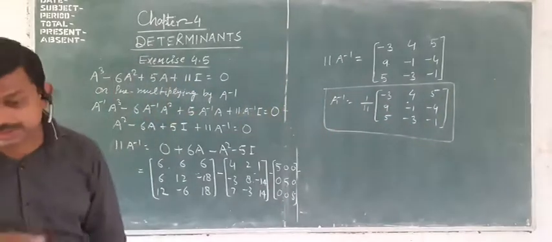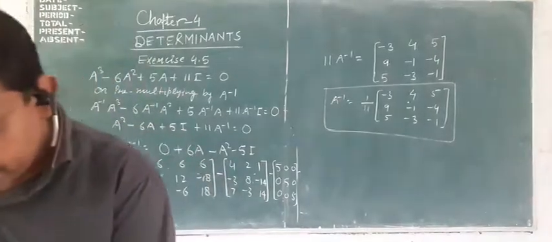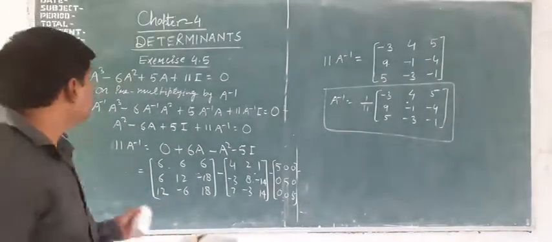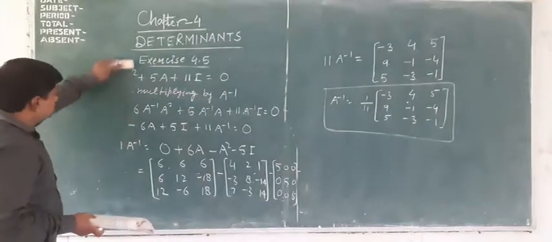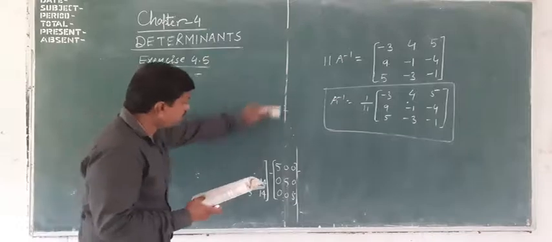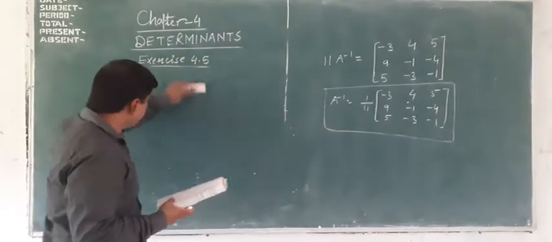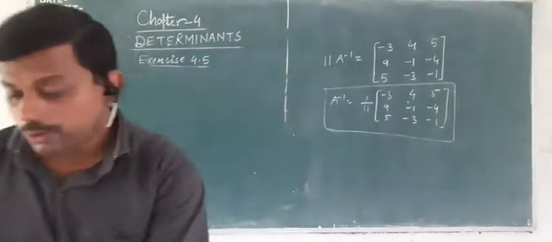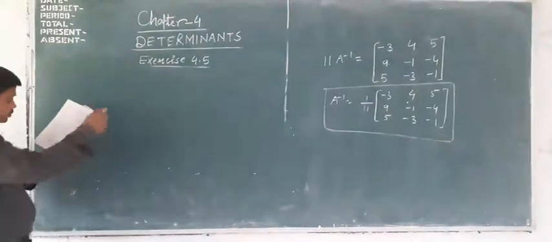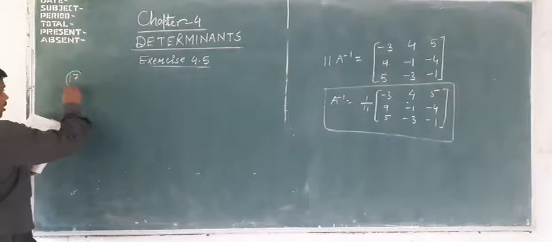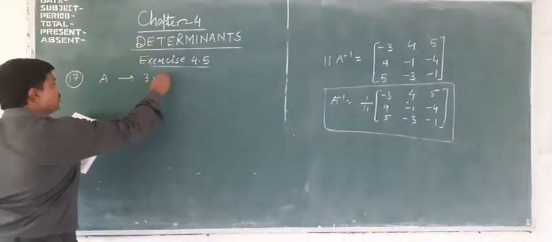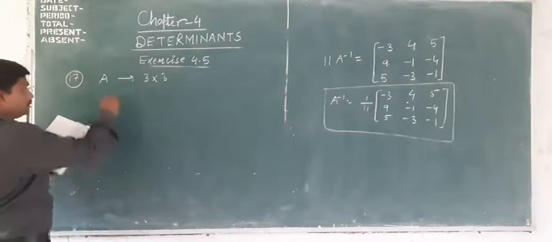Now we shall discuss questions number 17 and 18. These are also very important questions. So what is question number 17? Question 17 depends on the formula we discussed in my previous video. A is a non-singular square matrix of order 3. Then